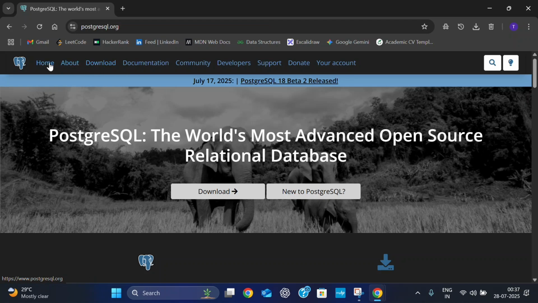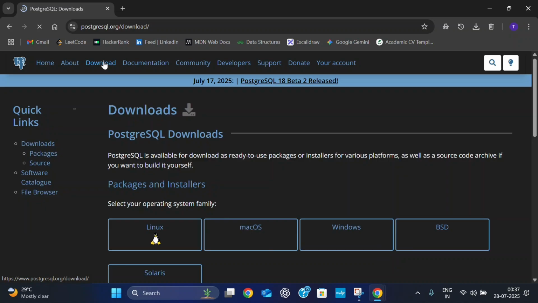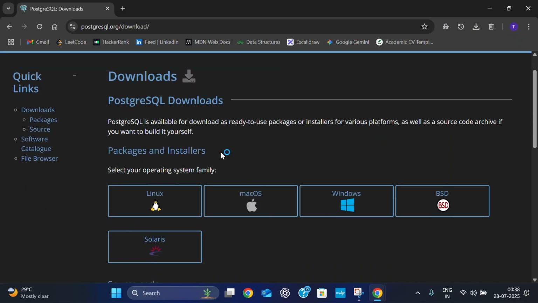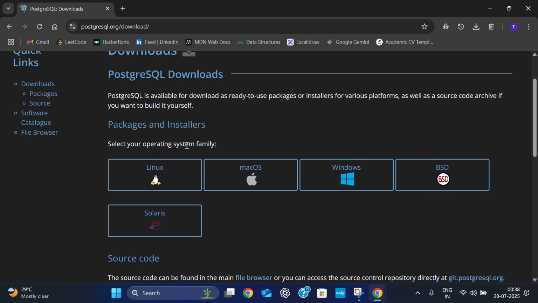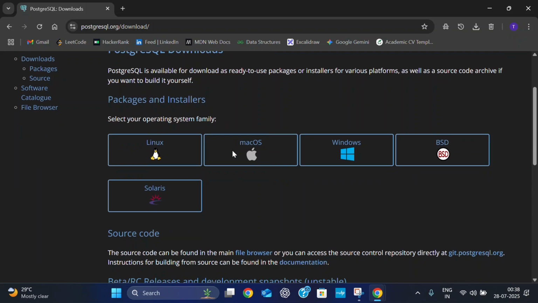Here you can see home, about and download. Click on downloads. After scrolling you can see packages and installers. Select your operating system and family. So basically it is available for Linux, Mac OS and Windows and much more. So we will choose Windows. So click on Windows